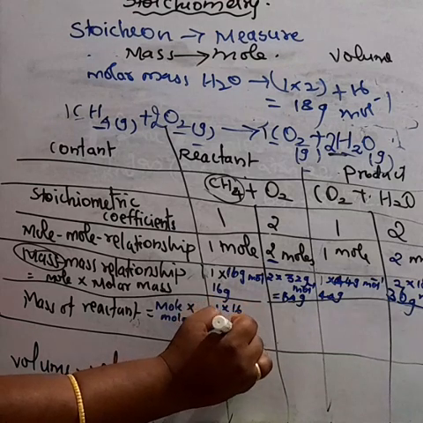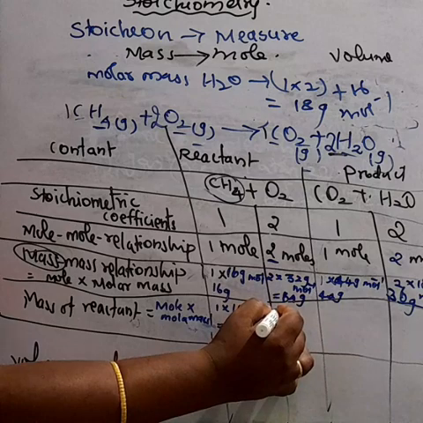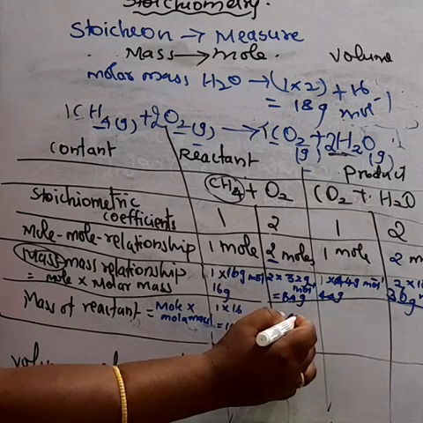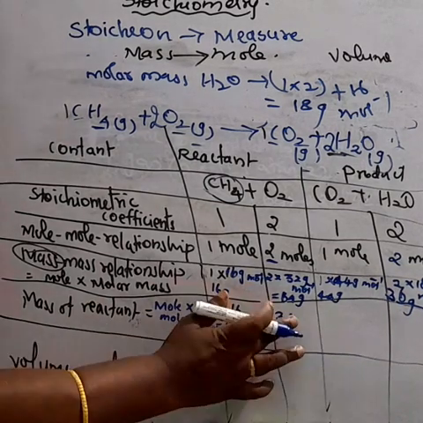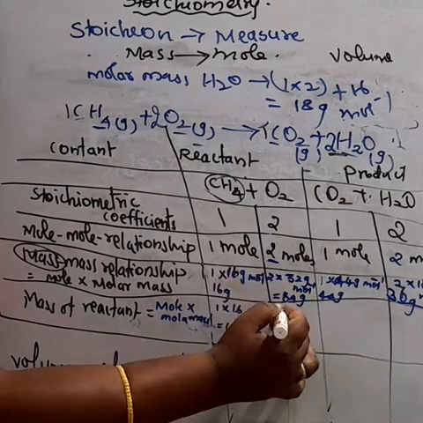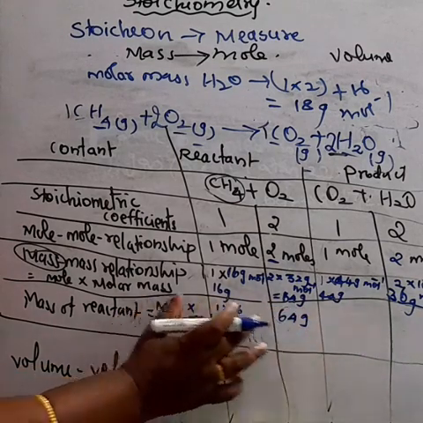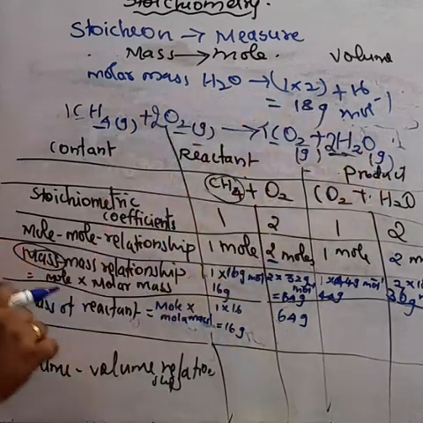And for oxygen, 2 into 32, we get 64 gram. This is the mass of the reactants, methane and oxygen. And carbon dioxide and water give the volume of the product. The volume of the product means...